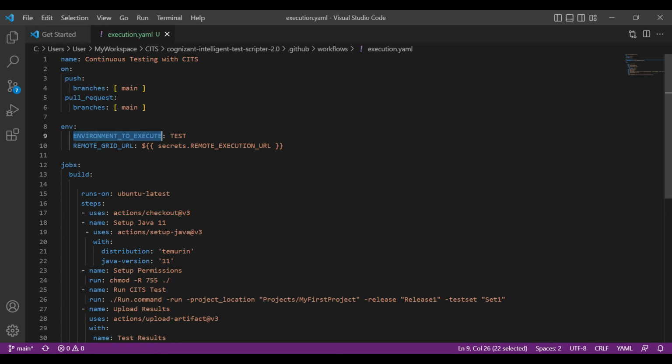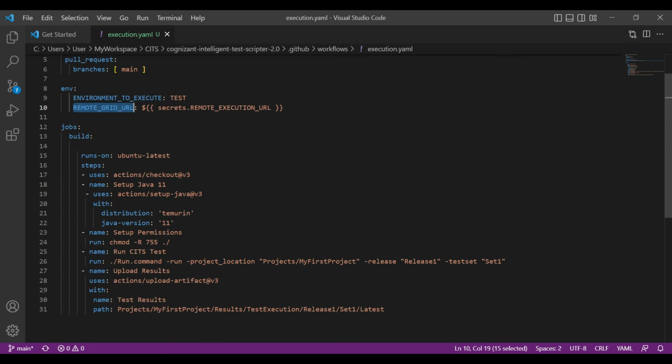One is the environment to execute, and the other one is a remote grid URL. How do we actually use these two variables in the execution? All right, so this part of the command line remains the same. Now, all we need to do is say -set env, and then within double quotes,